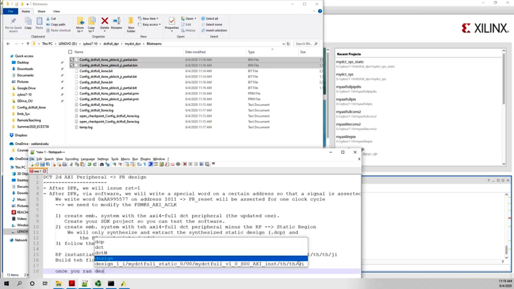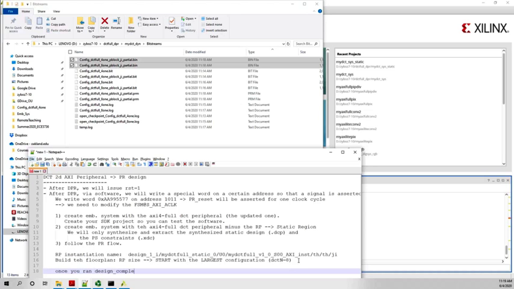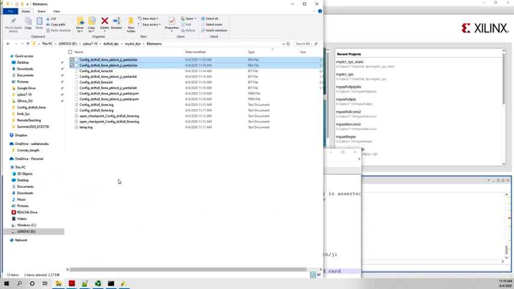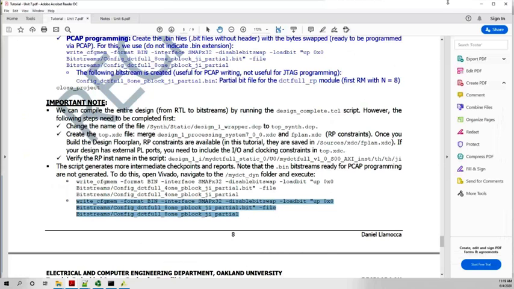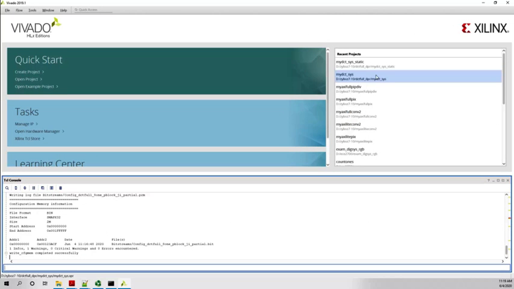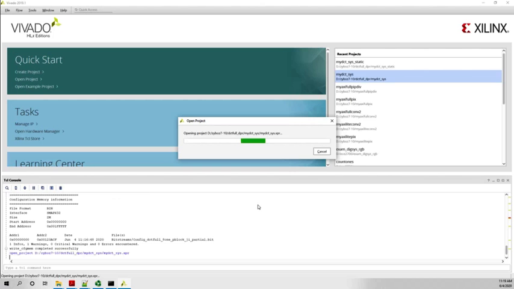Once you run design complete.tcl, copy the bin files, with the, be very careful with this, with the swapped bytes, careful with that, with the swapped bytes on your SD card, okay? And once you do that, you are ready to go. I already did it, by the way, with a different project, of course, but it's the same project, it's just in a different folder. And now I am going to just open the previous example, and I'm going to test, okay, this